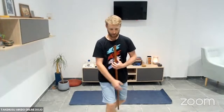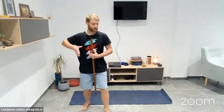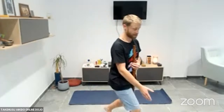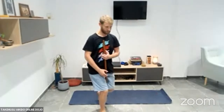Just play with it a little bit, but it's the difference between the hip and the center just pushing forward and falling forward. That's going to make a shift, and I'm going to fall really into the foot. And then in terms of balance and connection to the ground, it's much easier to maintain. And from this position, I can also keep the hip flexible. So the back hip's able to really